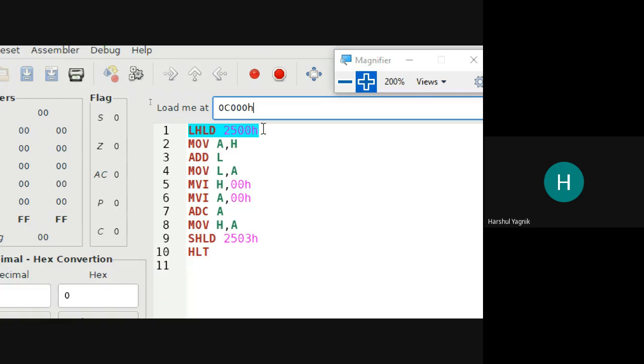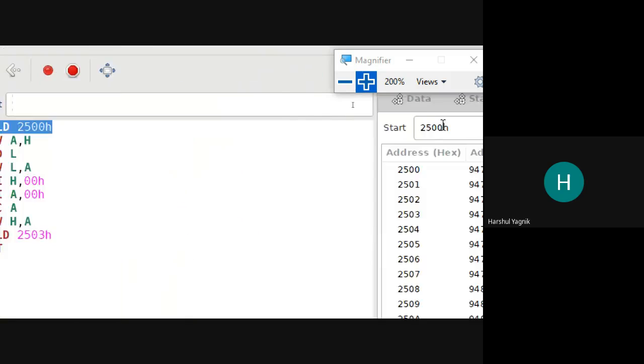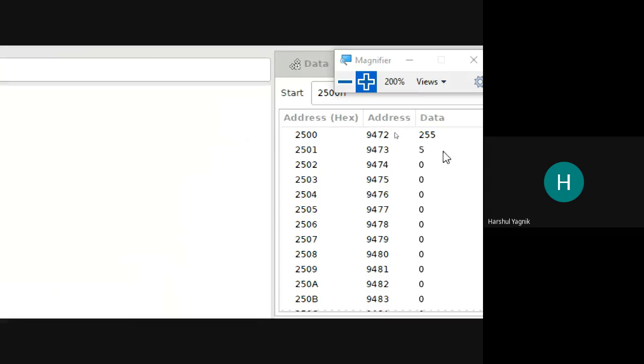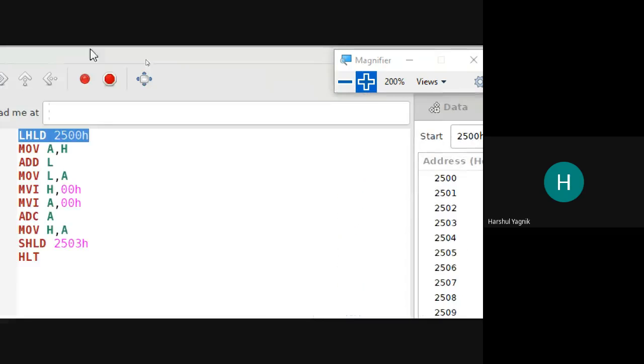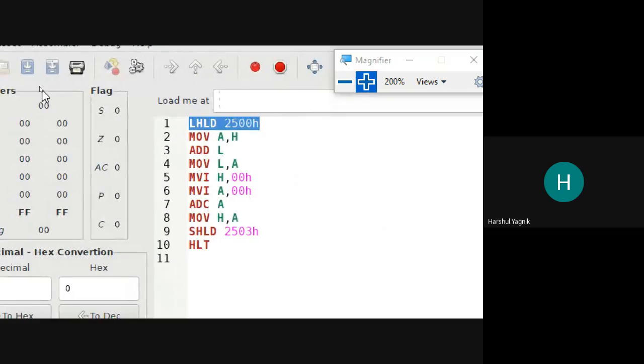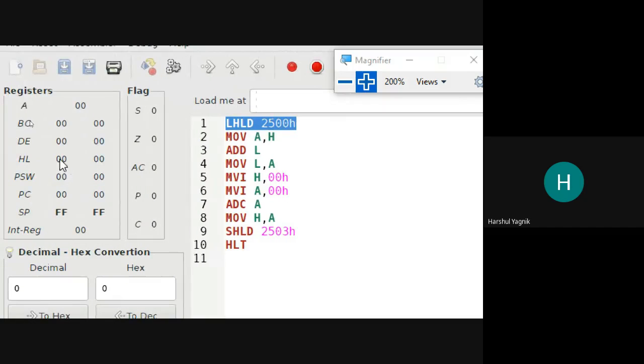Now, when the first instruction gets executed, the content at the memory locations 2500 and 2501 will be loaded in the HL register pair. So observe that presently the HL register pair content is 00.